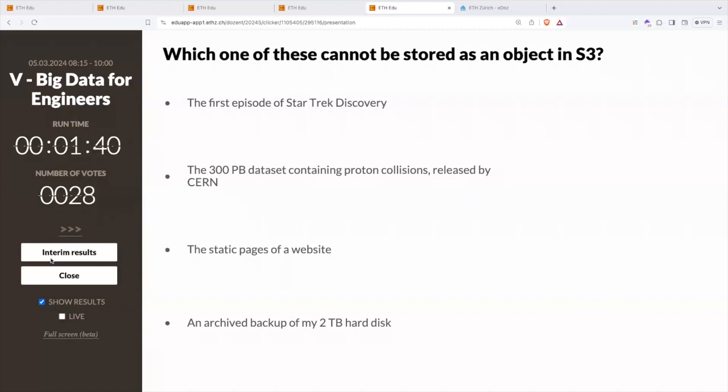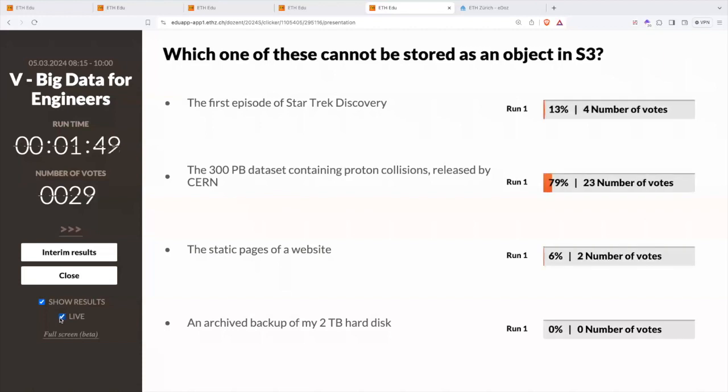All right, then let's look at the answers. I think there are many more people in the room and on Zoom chat than those answering, but nevertheless, we have a majority, and the majority is correct. 300 petabytes cannot be stored on top of S3 because the size of the largest object you can put on S3 is 5 terabytes exactly. That's the largest you can do. So 300 petabytes needs to be done differently.